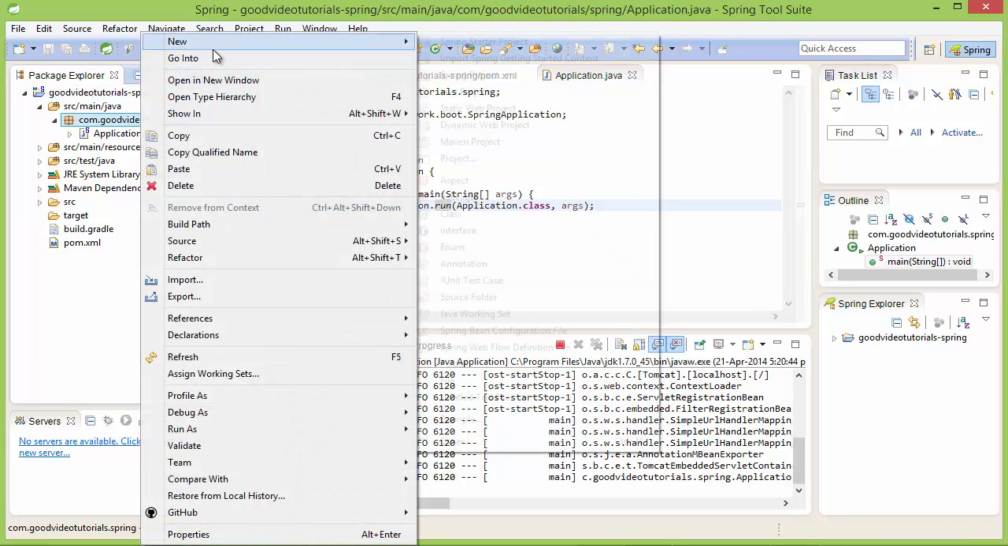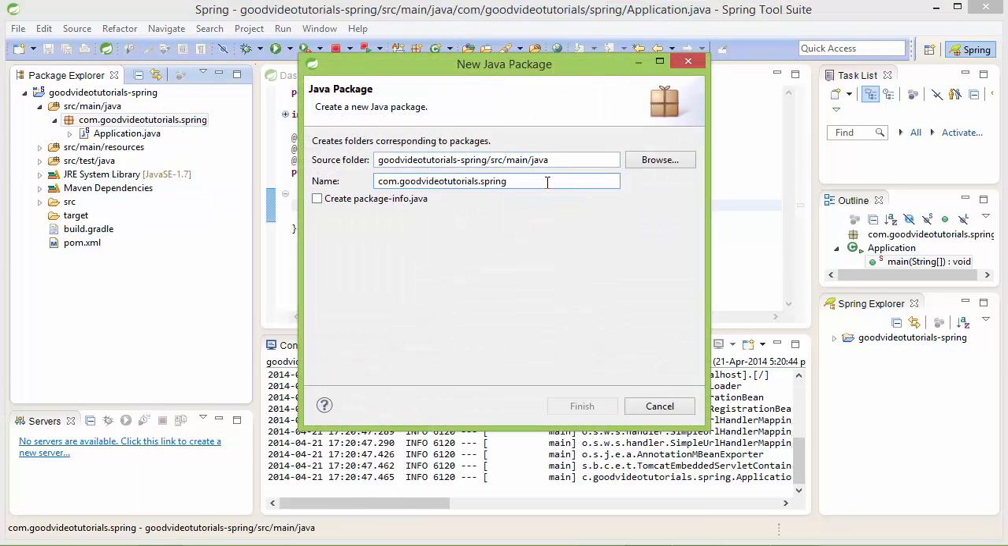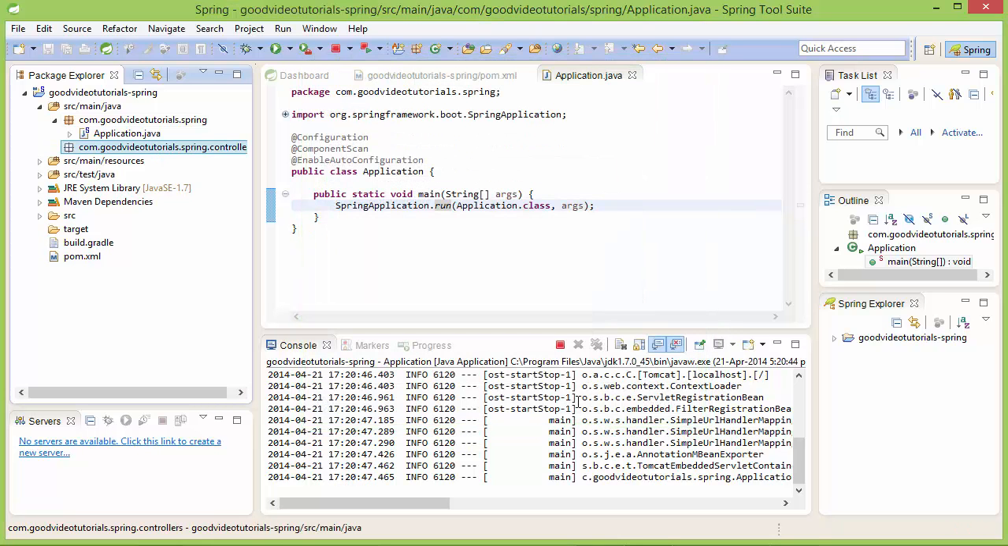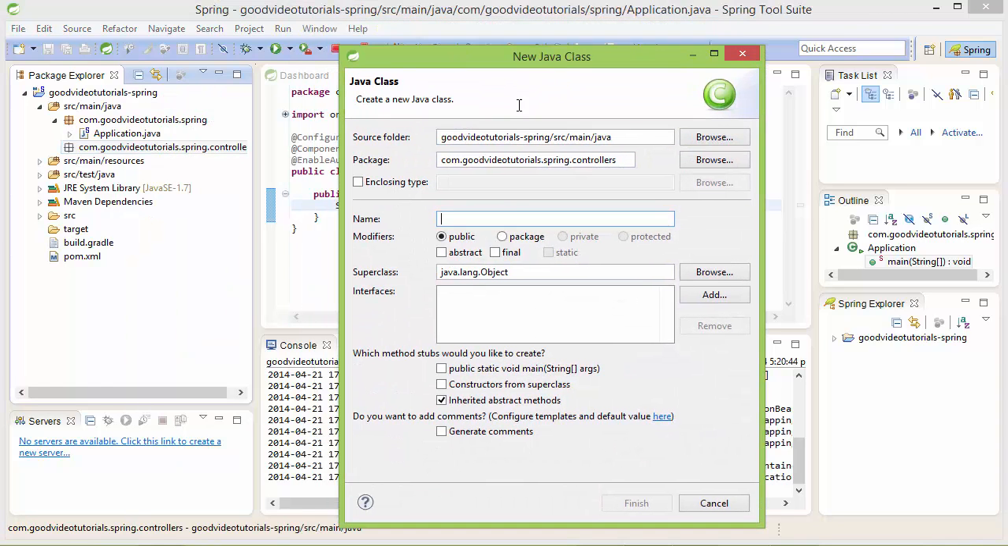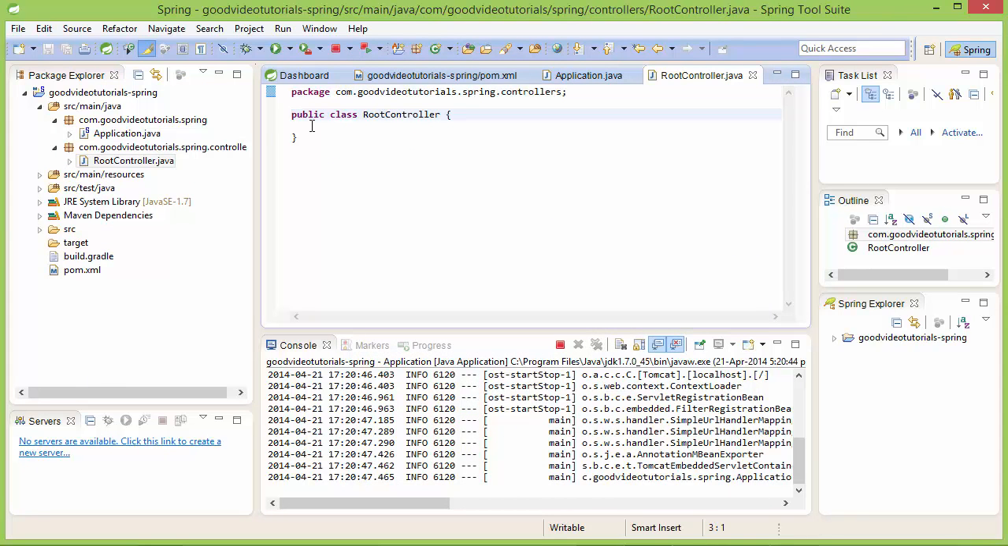And so I'll create a new package named dish, and then I'll click on finish button, and then I'm going to create a new class in that. Let me name this class RootController, and then let me just create it, and this will be annotated by RestController,